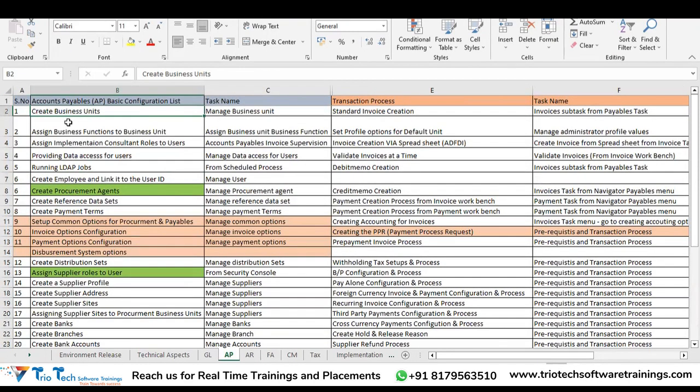So the first step in the process is to create the business unit. Right now we are just going through the flow of the setups, but actually the business unit will be created as part of the enterprise structure in the initial phases of the implementation itself. Why? Because that is the structure which is in place,